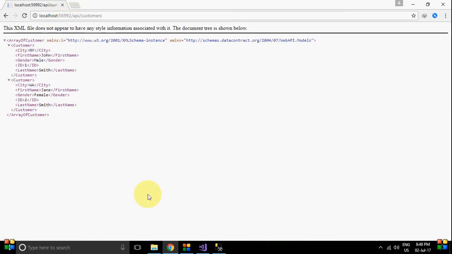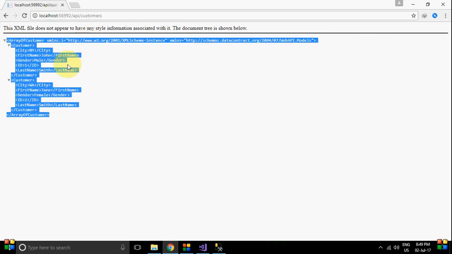Customers. So we can see here two customers, city, first name, gender, id, last name, this way. We can see it in the XML format, but we want to see it in the JSON format.